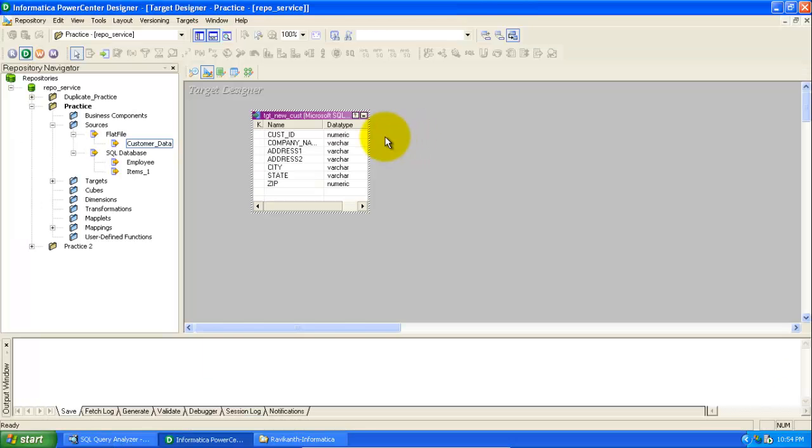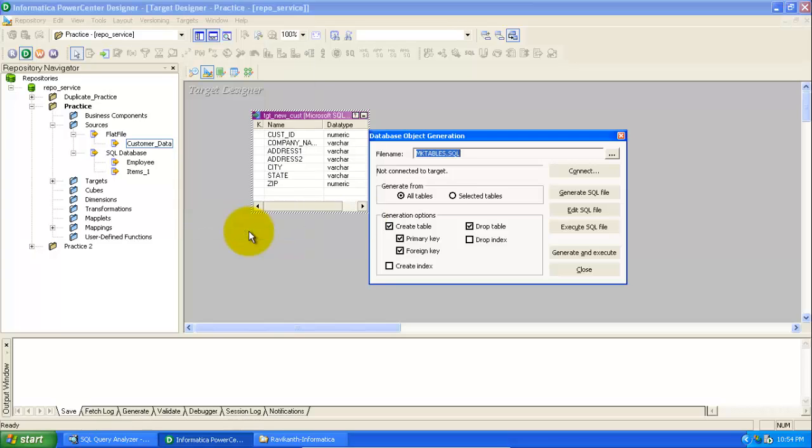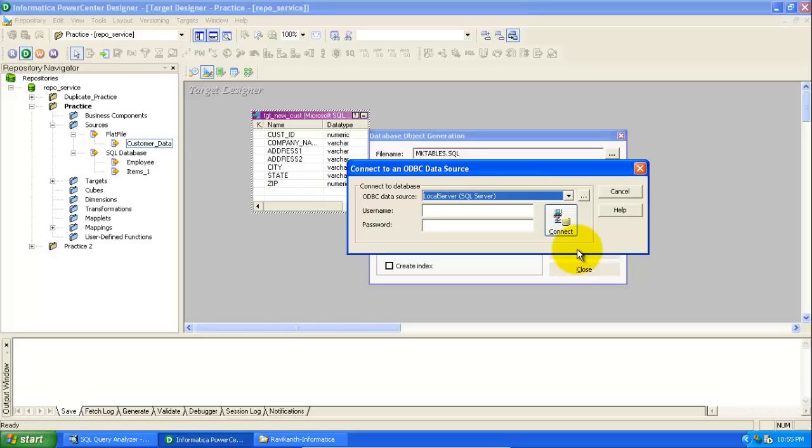To create the target table in the database, click on targets, generate execute SQL, select this option and select all tables, and check the create table option. Now click on generate and execute.